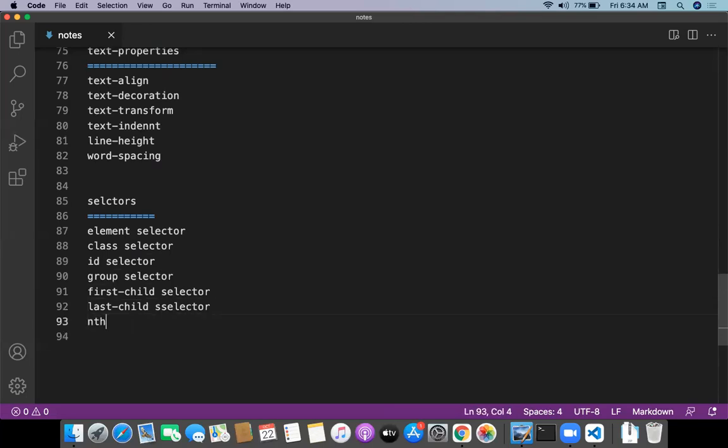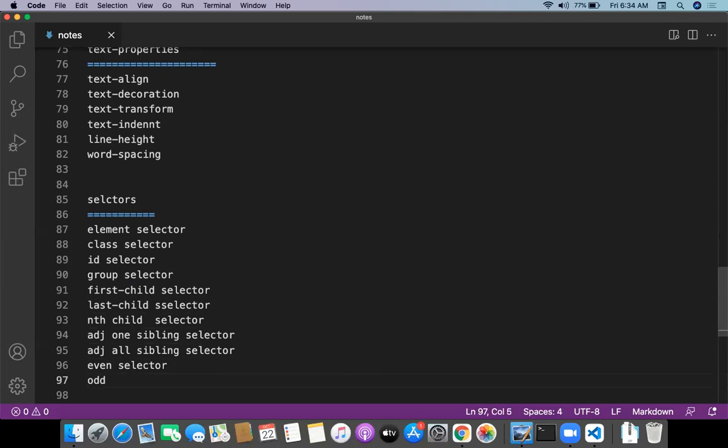Nth child selector. And one more is adjacent one sibling selector. Adjacent all sibling selector. All sibling selector. One more is even selector.